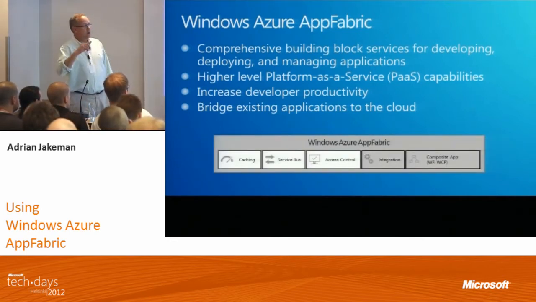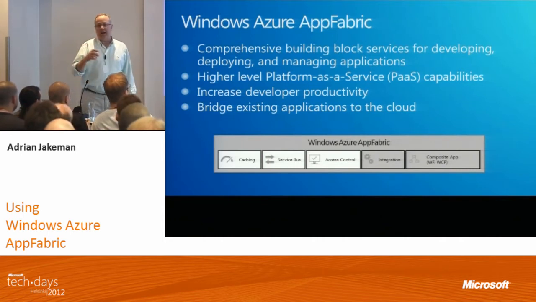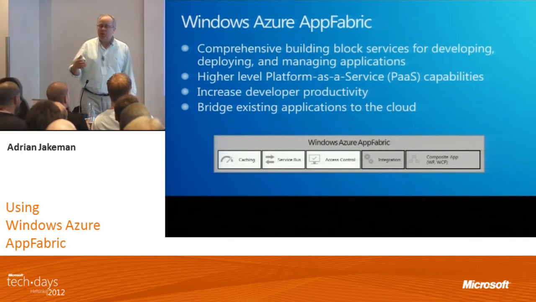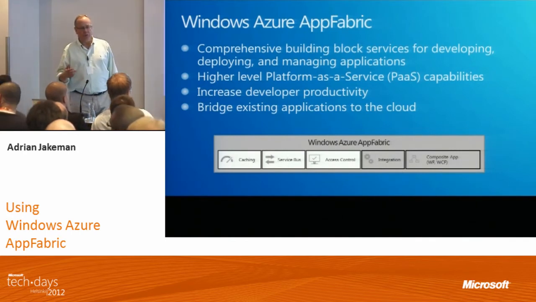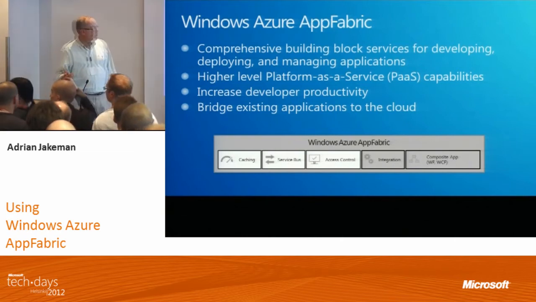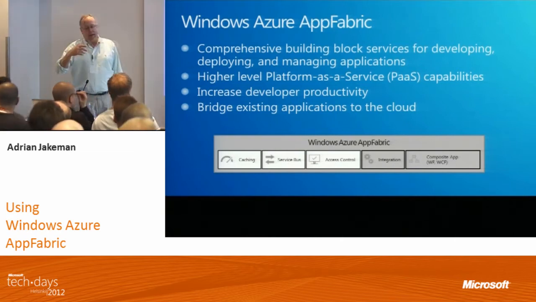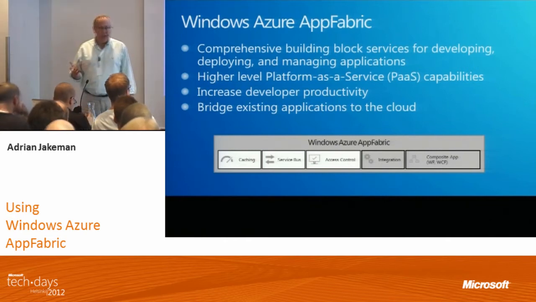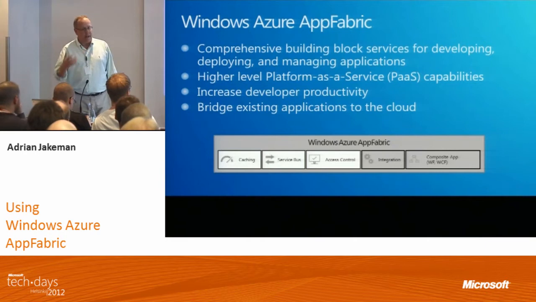It's about connectivity, giving you the building blocks to build connected applications, whether those are on-premise applications or cloud-based applications, to allow you to build out hybrid applications that make use of both cloud-based functionality and on-premise functionality,